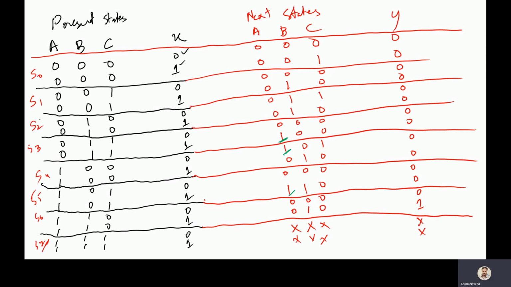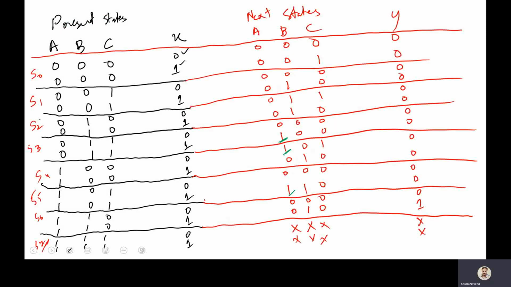So in case of A, let's write this. In case of A, we have these minterms. And in minterms, we have 4 inputs, A, B, C, and X. So this minterm corresponds to 7, right? If you count this X as the 4th input, now this is 0 1 1 1, that is 7, and